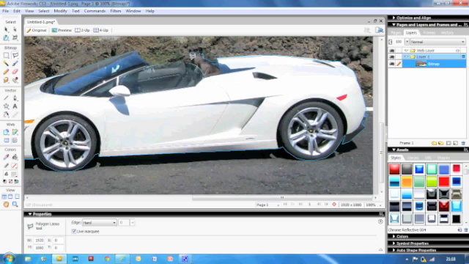the actual car itself. So as we go around, we just make sure we get most of the window, try and avoid that background, and then as we reach the last area, we just click, and as we do that you can now see we have this sort of jagged zigzaggy line. And what we can do, we can copy by using Control and C, like you copy text in Word, and then we can just do Control V, and now you see in your layer area you have a bitmap layer,